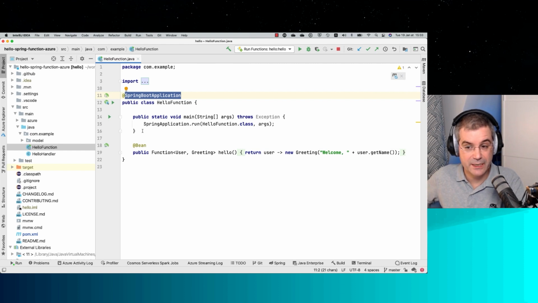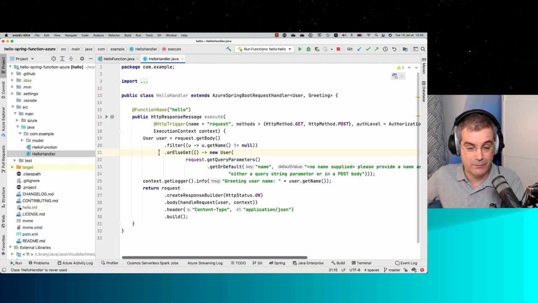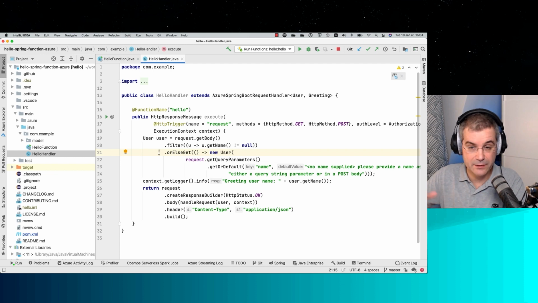Second thing, as you can see here, I'm coding my function as a Spring Bean. I don't depend on a specific Azure API. That's why the second file is here. We are working currently, the Azure team, myself, and the Spring Boot team, working together in order to reduce that file.